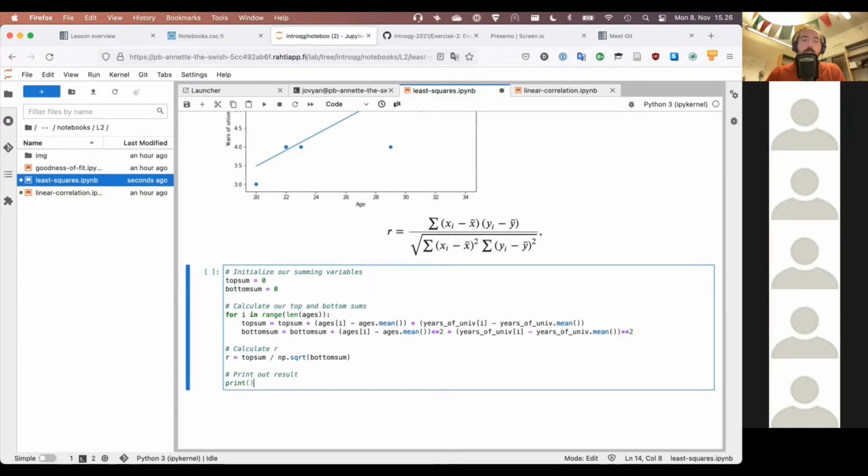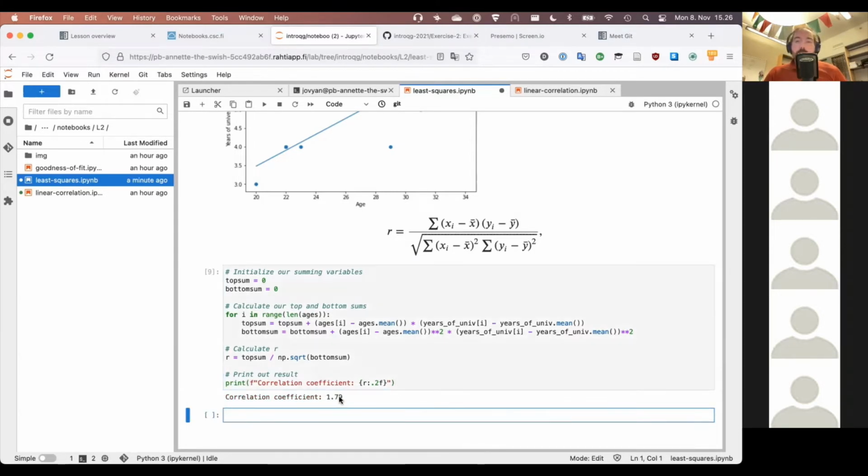And then we can print it out. So let's do print. We'll do another F string and correlation coefficient. And then we just put our r value in there. And I'm going to go ahead and do 0.2f. So we just rounded off to two digits. So add in this little piece here after the variable, colon, and then the formatting for it. And if we run this cell,